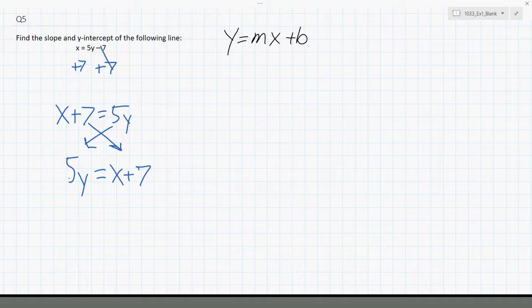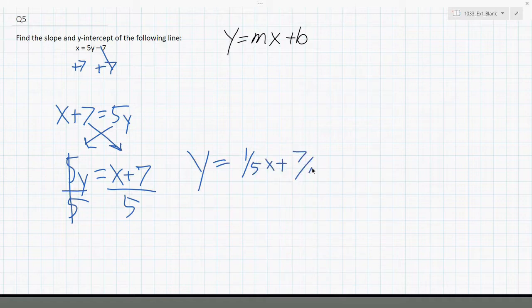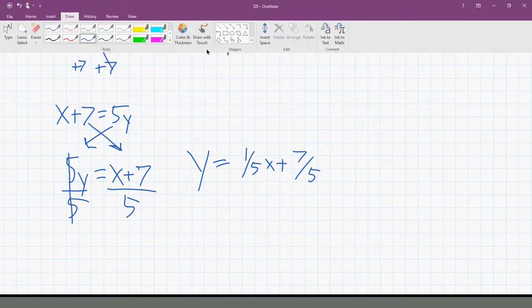for y equals mx plus b, because the next thing I'm going to do is divide both sides by 5. And that's going to cancel out our 5s there, and we're going to have y equals 1/5 x plus 7/5. That is our y equals mx plus b slope form. We now have to identify which part is slope and which part is the y-intercept. Which, as we said before,